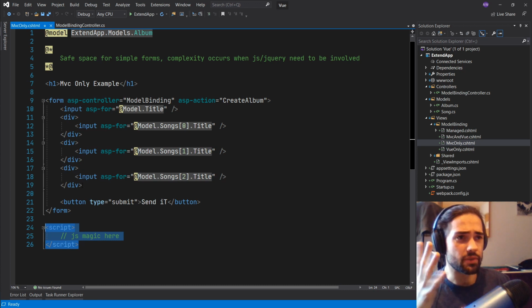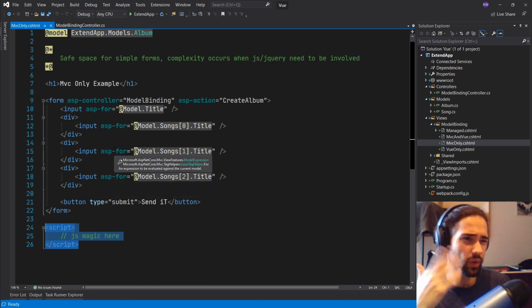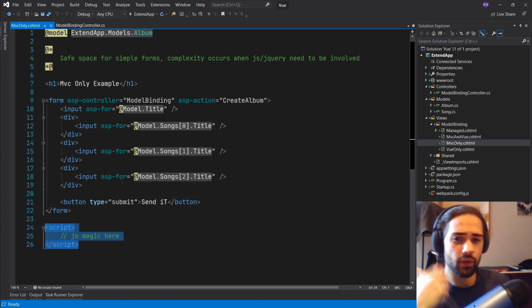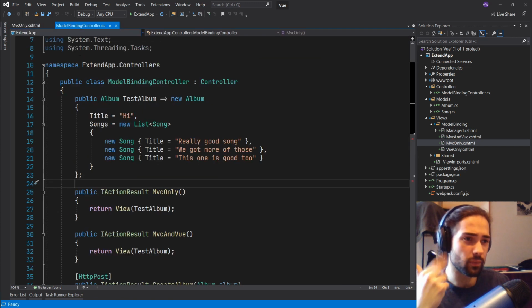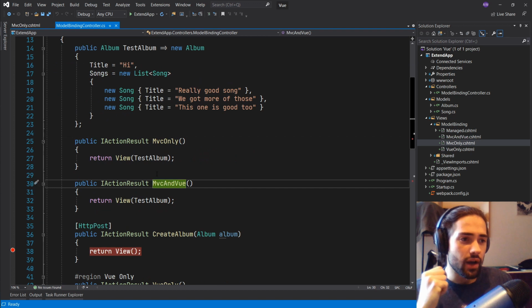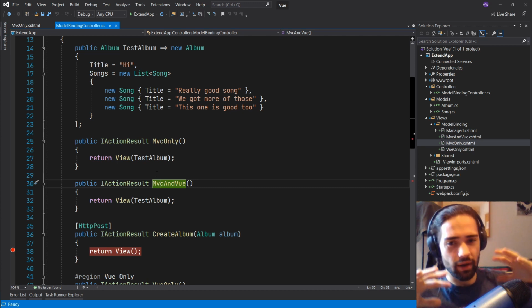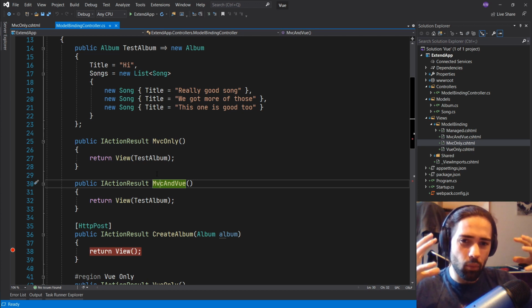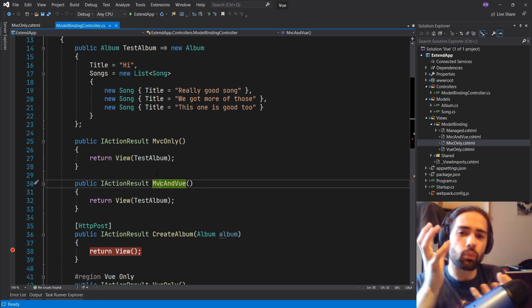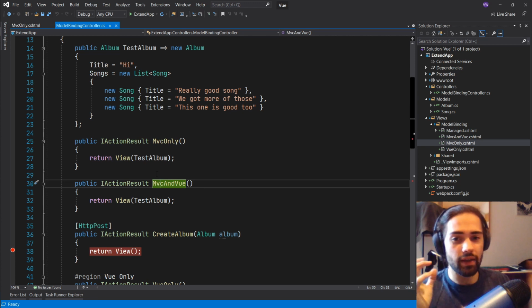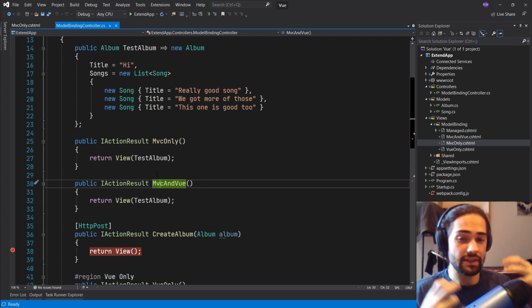This is where the first problem will occur, and we'll go through this example. We'll run it in a bit, but I first want to go over what I have. What are other parallels of this you can have? So then you have MVC and Vue, all right? So you have this MVC world, and then you have the Vue, and you're more or less using Vue to support your MVC rather than Vue taking over MVC,